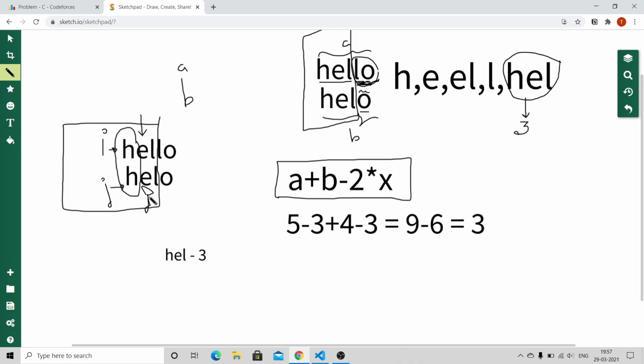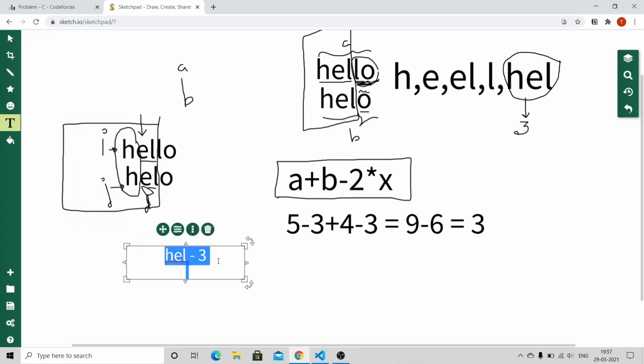Now we'll again try to find a subarray here, EL, and here, EL. Again we found another subarray which is EL, which has a size of 2. We'll continue to do so until we find all the subarrays, compare the length of all the subarrays, and find the subarray with the maximum length, as this is required to get our answer. That is, as we were posed a question to find the minimum number of operations required, we need to find the maximum subarray in between both the strings.